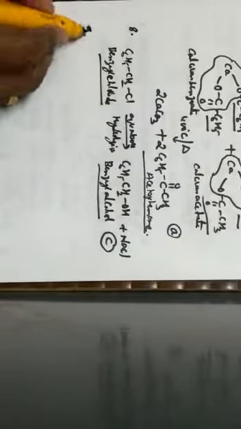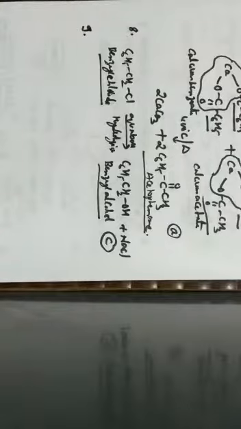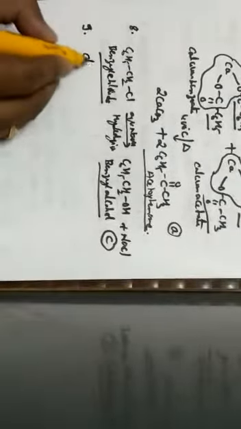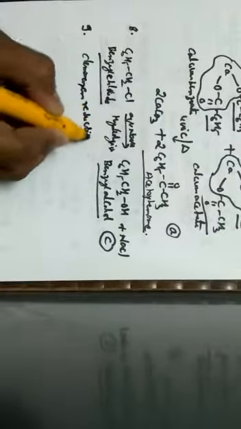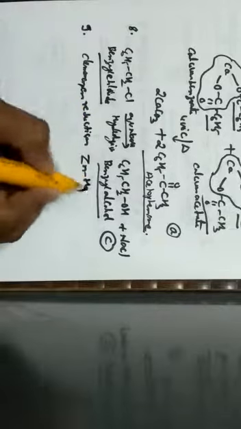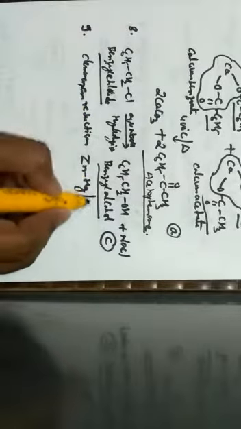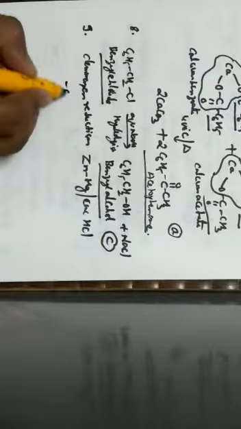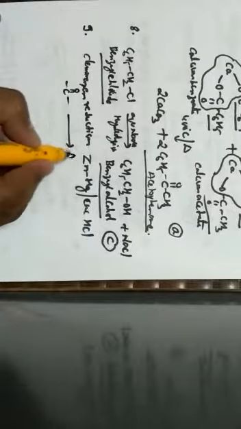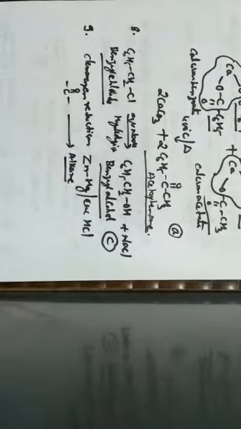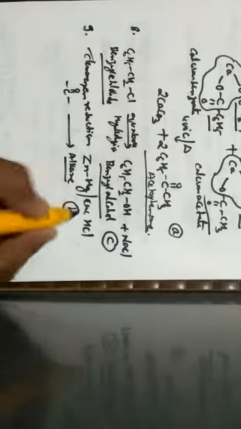Next one, question number 9. The reagent used in Clemmensen's reduction is. So in Clemmensen's reduction, which is a named reaction, we use zinc amalgam in the presence of concentrated HCl, where the carbonyl group present in the reactant gets converted into an alkane. This reaction is known as Clemmensen's reduction, which is given by option B.